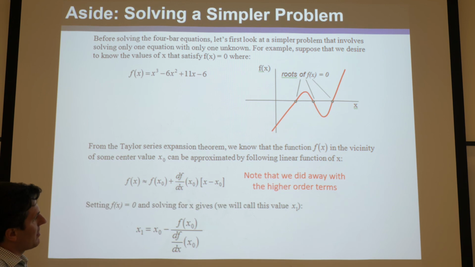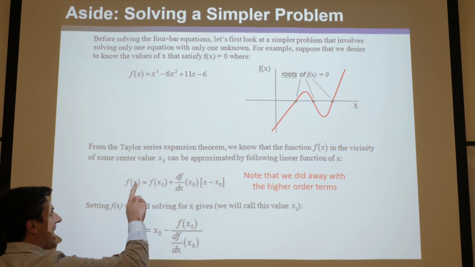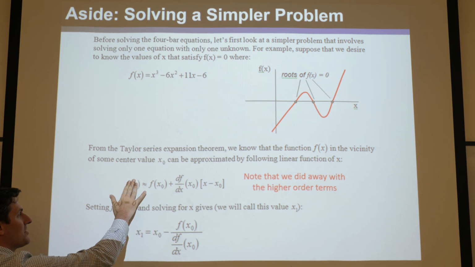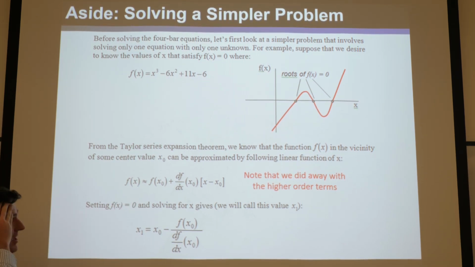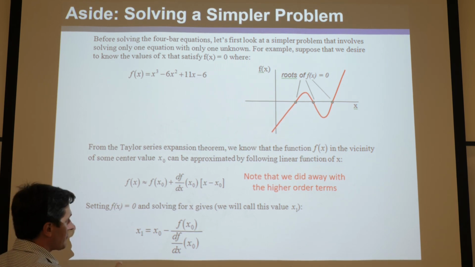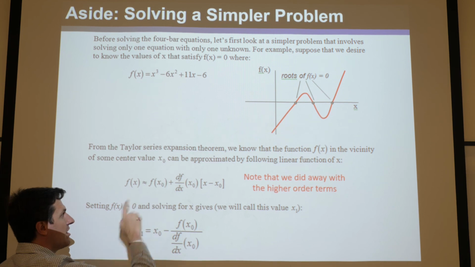Note we got rid of the higher order terms. Now we're going to reorganize this, because remember, we want to solve for x that makes this equal to 0. Those are the roots that make it 0. So let's force this to be 0 and solve for x for some given